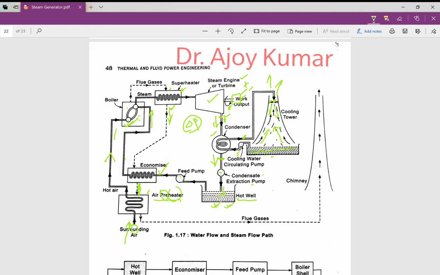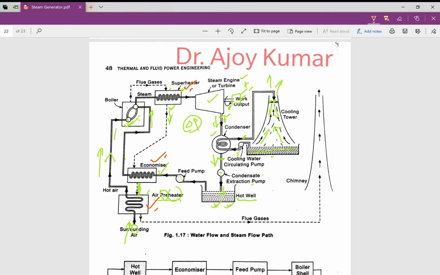So again, by supplying this hot air to the boiler, there could be a saving of fuel, and it helps in quick burning of fuel as well, right? And henceforth, dear friends, these three devices, that is superheater, economizer and air preheater, are helping to increase the efficiency of the boiler plant, and henceforth these are included as accessories of a boiler,